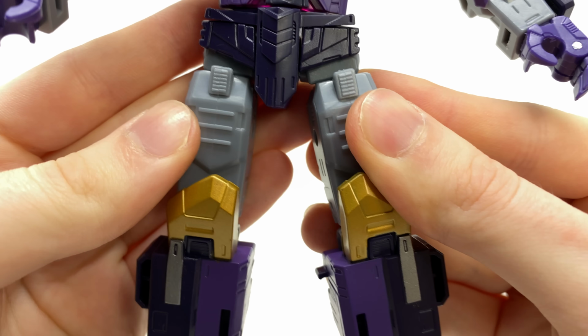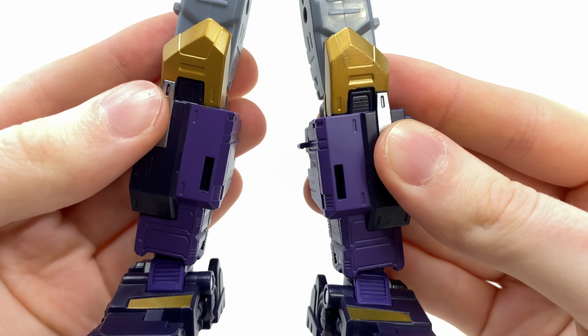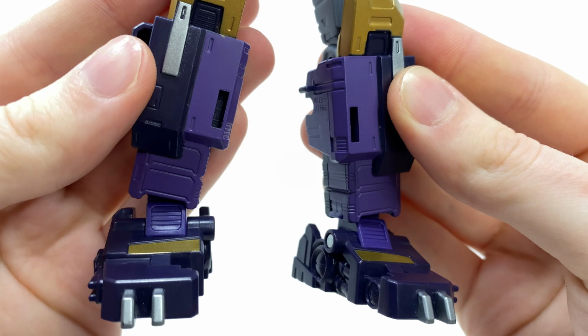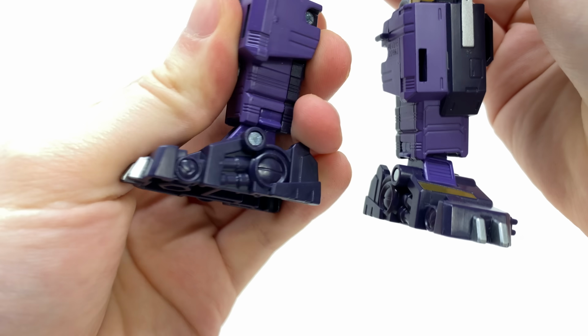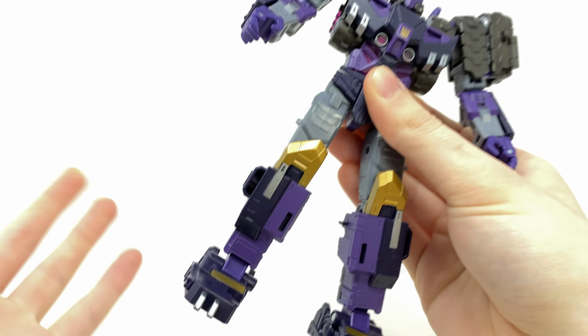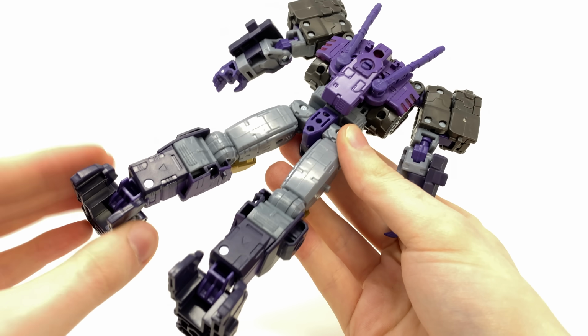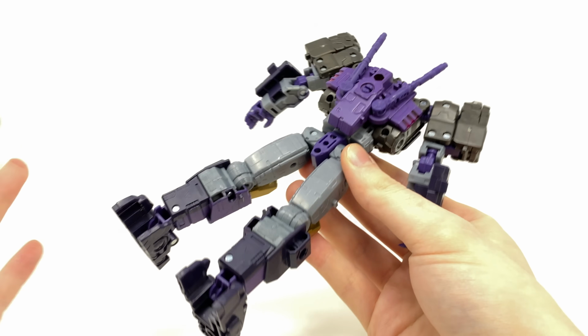So that's really sweet. As we take a look here at the thighs, big and chunky, reminds me of some of those old pre-2010 Voyagers. And here for the shins and the feet, I mean, we've even got some hydraulic details for the inside of the foot. That is just such a nice touch. I mean, design-wise, this guy is immaculate. That's a word I don't tend to use too often on the channel when describing the design, but truly an